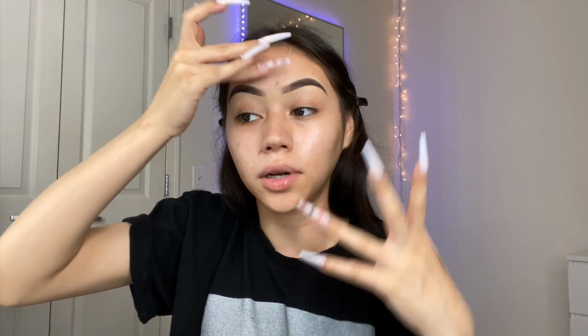And I'm gonna bring some of that up onto my nose as well because again, the pores on my nose are monstrous. And then also up right here, and patting in the primer is just gonna help actually put the primer into those pores and fill it a lot better than if you just rubbed it on. All right, so now that I have my base all primed,